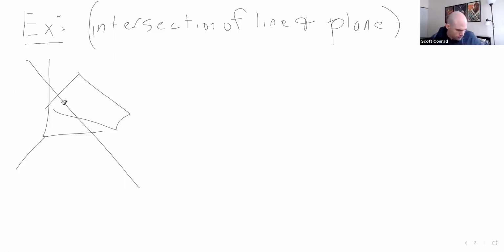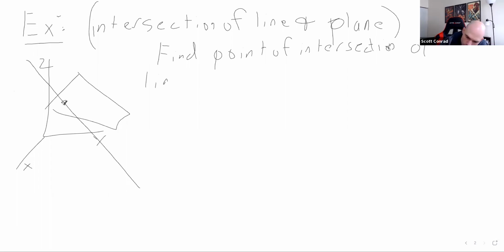So let's consider a line and a plane and try to find the intersection of the two. Doesn't matter, just want to cover my bases. So find the point of intersection of the line which is given by